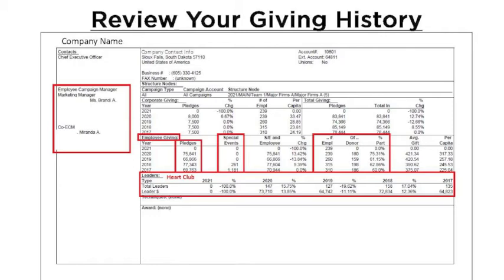Right next to that, there are special events. So a special event is anything where a good or service was exchanged. And so any dollars that are raised from participating in a lunch or a competition of some kind or something throughout your campaign will be included under the special events dollars.